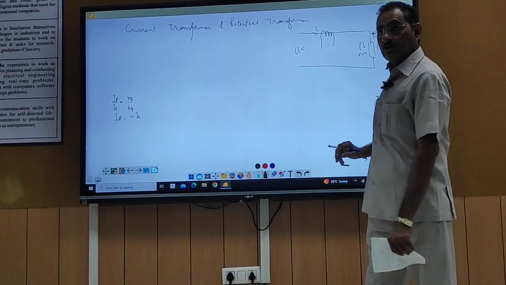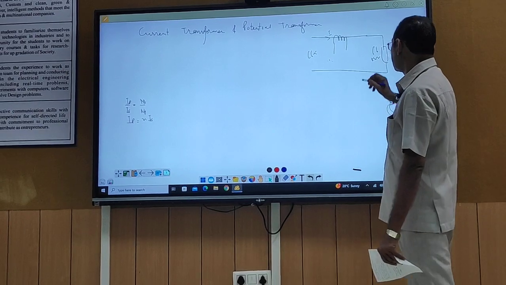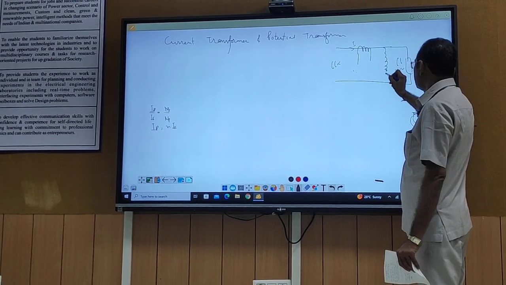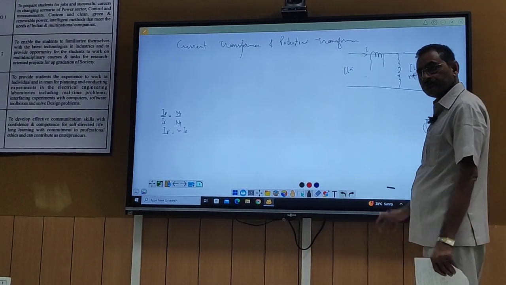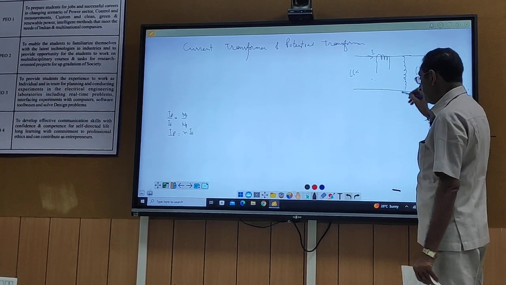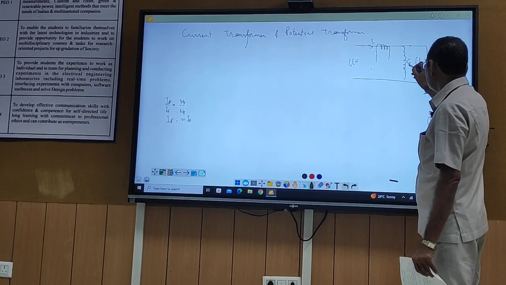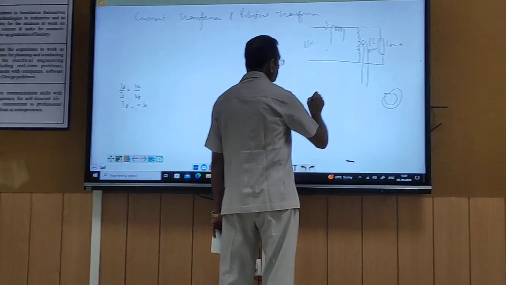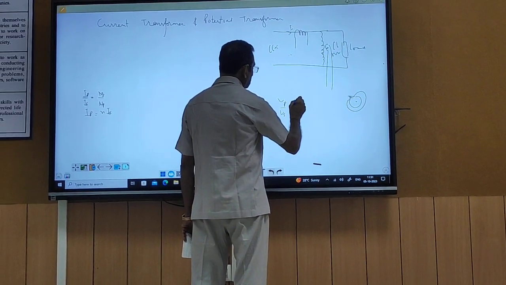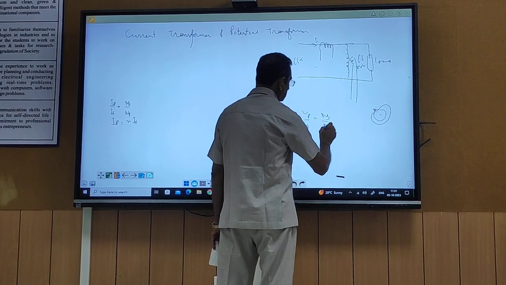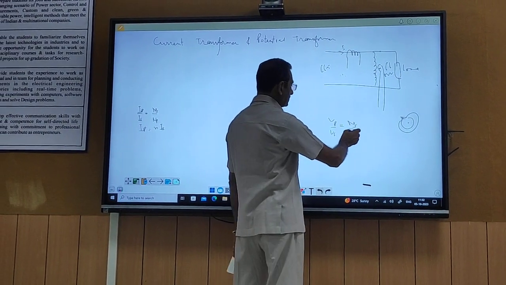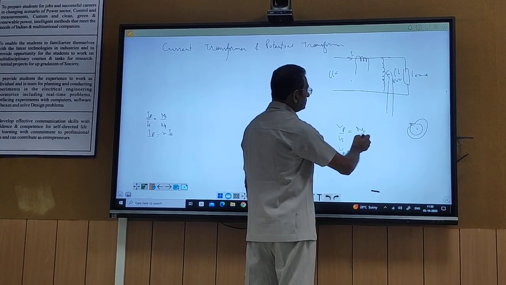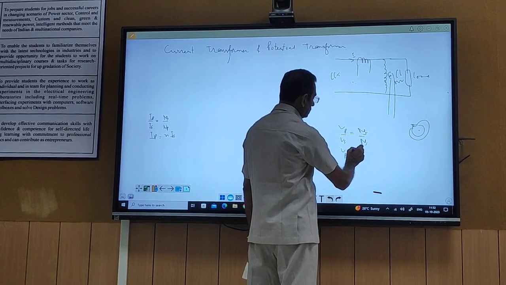That's why, to measure the potential, we have the potential transformer. On the primary side there will be like this, primary side high potential lines. On the secondary side the number of turns are very small. So what about this voltage? Primary voltage over secondary voltage equals number of turns on the primary over number of turns on the secondary. Suppose secondary side number of turns are very small, 1 or 2.